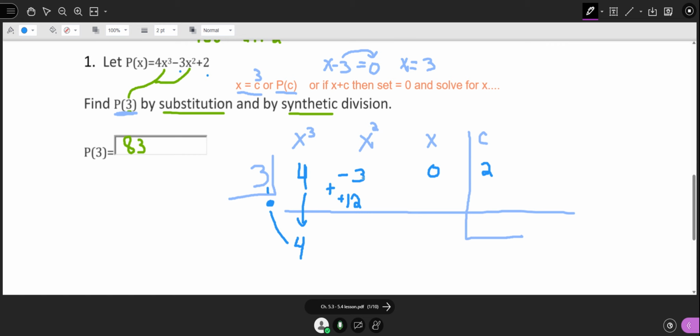So negative 3 plus 12, or 12 minus 3, that's going to give us 9. Then 3 times 9 is 27. Nothing plus 27 is 27. Then 3 times 27